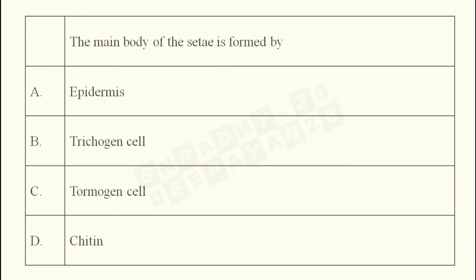One is trichogen cell, another one is termogen cell. Yes or no? So what is the trichogen cell? The cell which is constituting the main body of this setae, or the hair-like outgrowth. Yes or no? So the option will be your option B, that is your